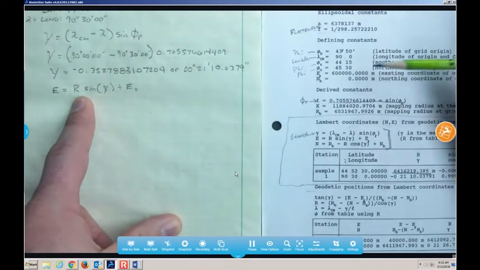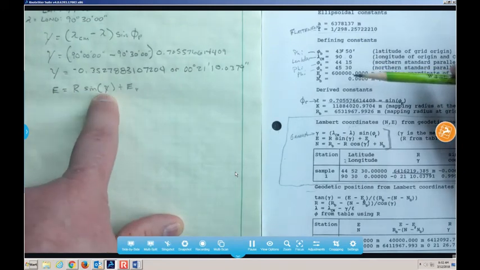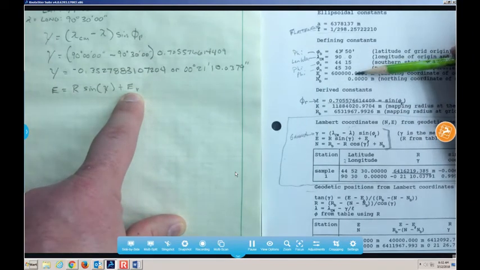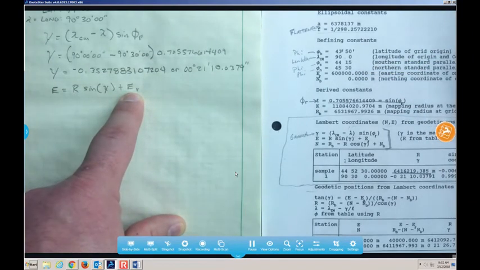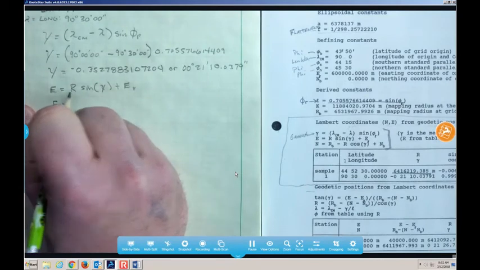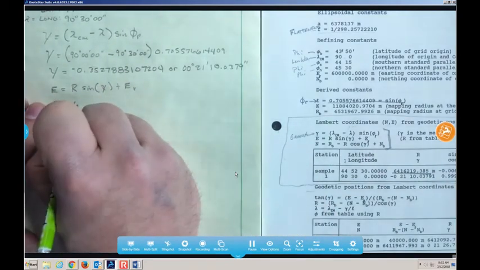So R we find from our tables. Gamma we just found. And E sub R is the easting coordinate given to the projection. That's the E sub R up here. Okay? So E equals the R from our tables, and they already figured that out for us,